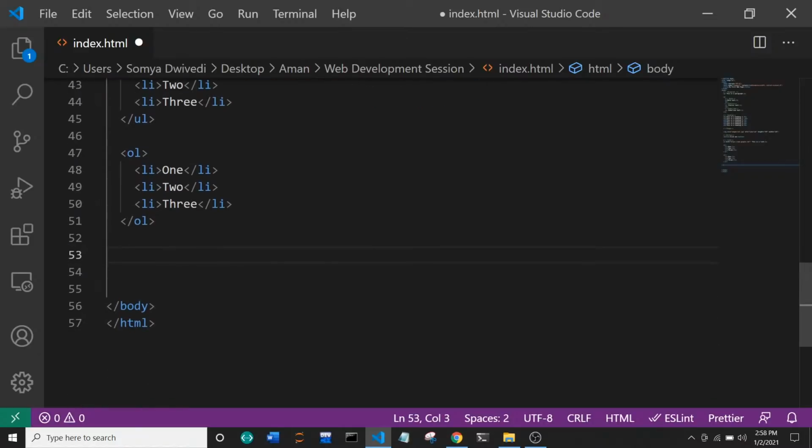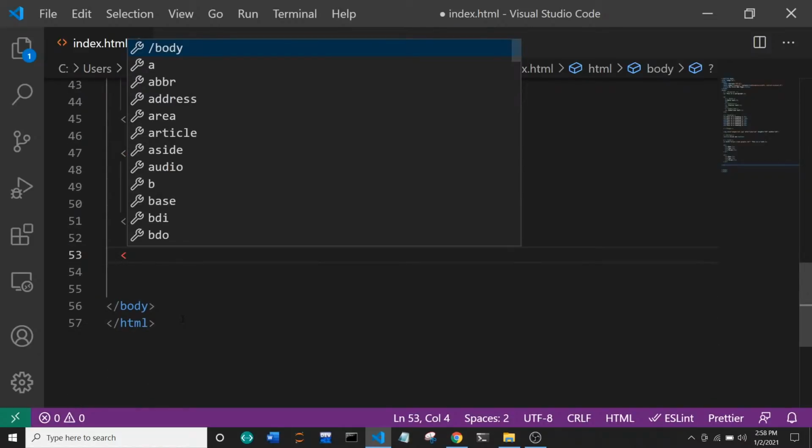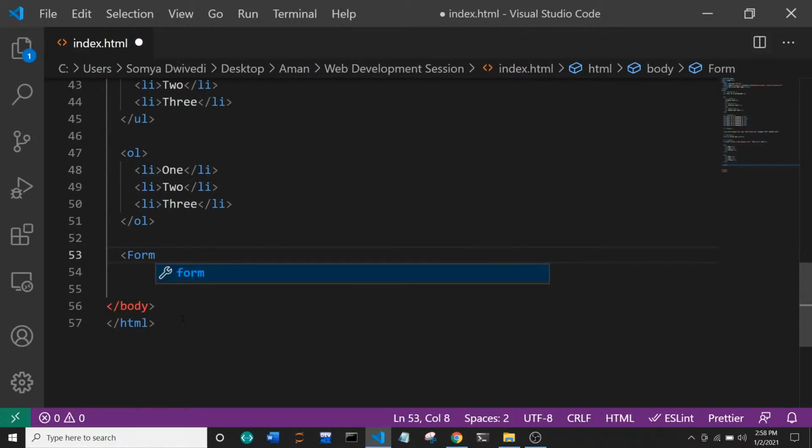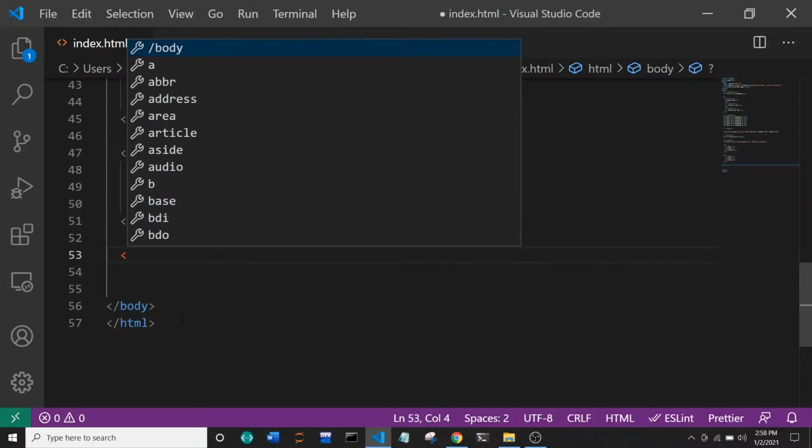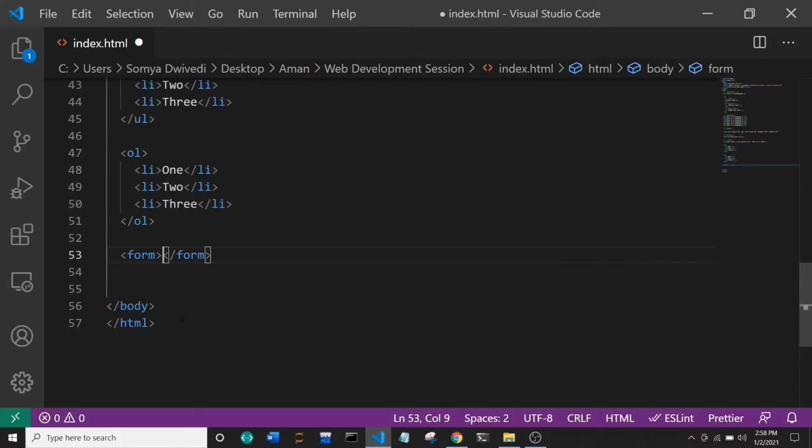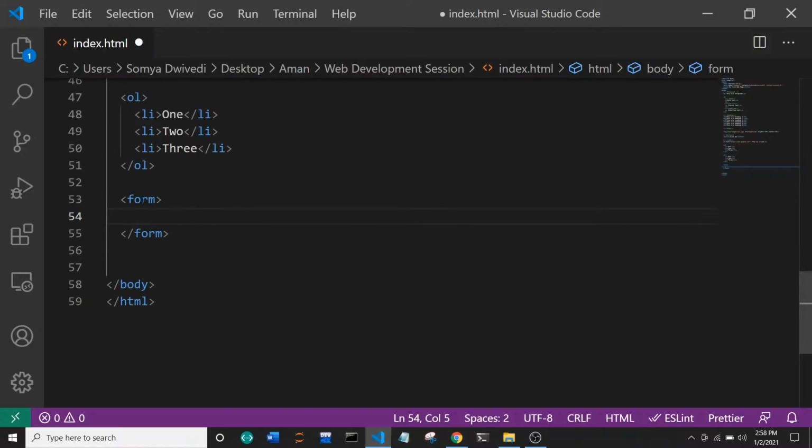So let us move forward and view the last some tags, which is the form tag. So suppose you need to create a form. So we do that by using the form tag. Inside the form tag, let us say we have an input tag where we will ask the user